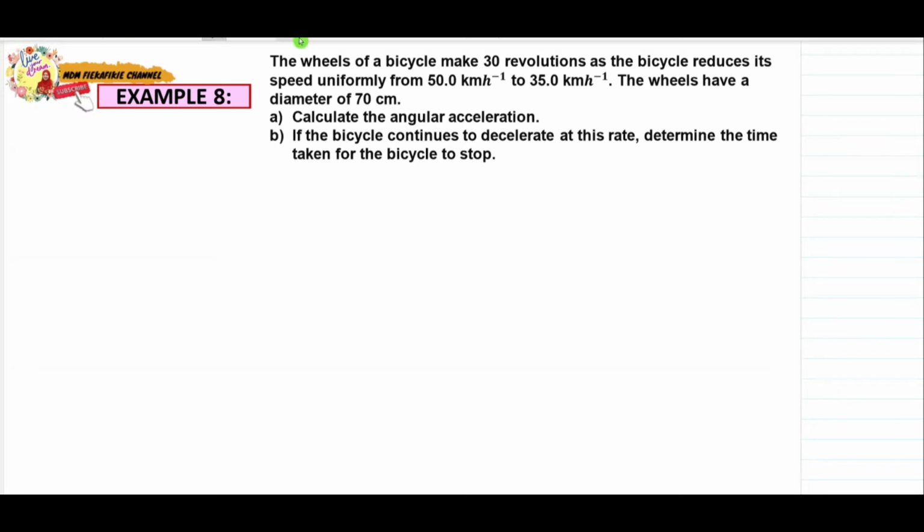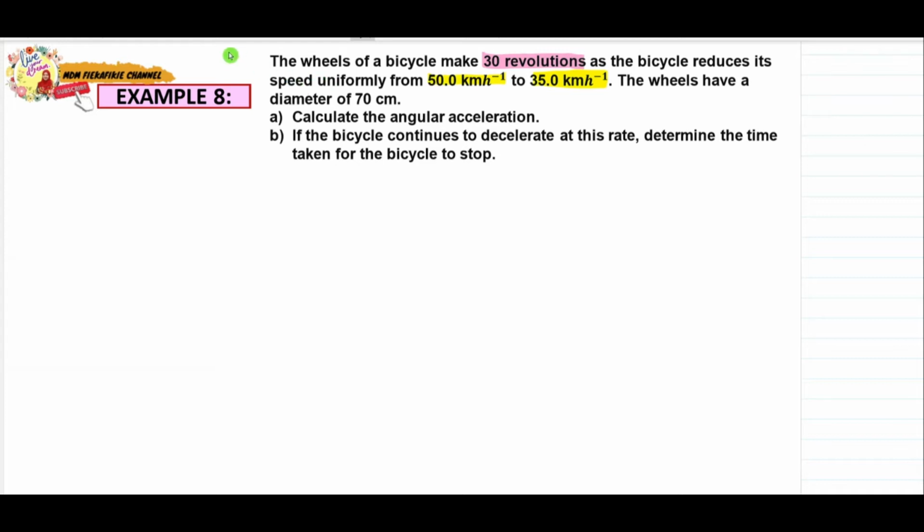When I see kilometer per hour, my eyes hurt. So we must first convert to meter per second. Same with revolution: we know 30 revolutions is referring to the angular displacement, so we need to change to